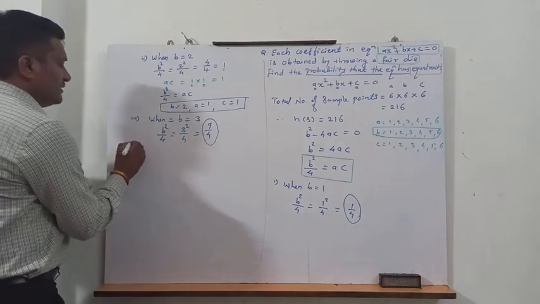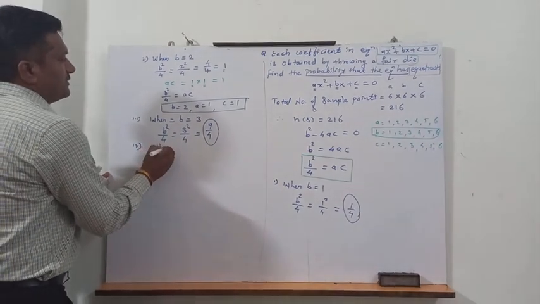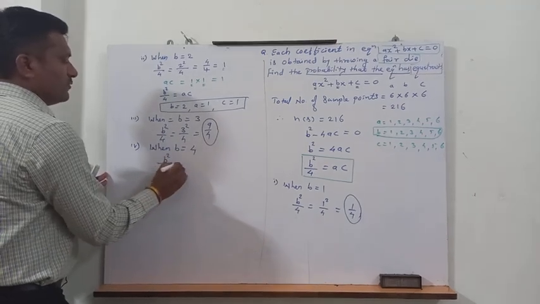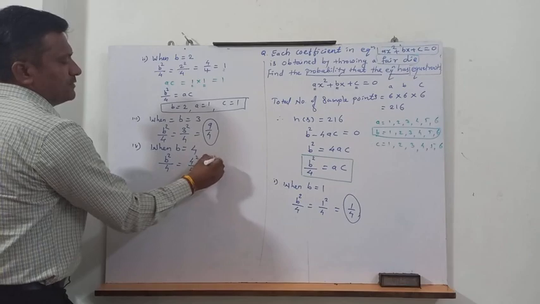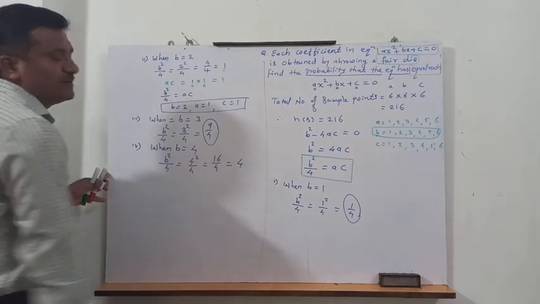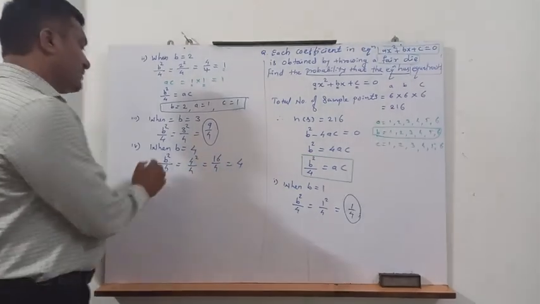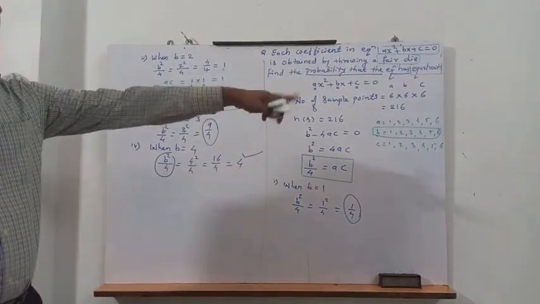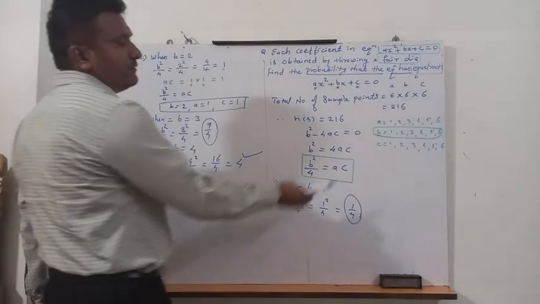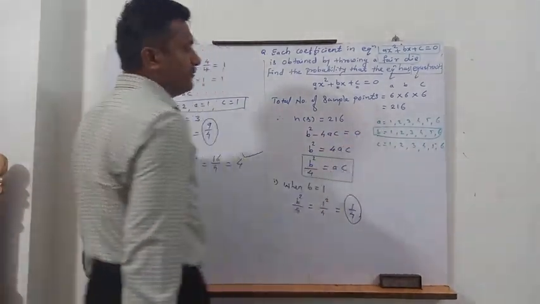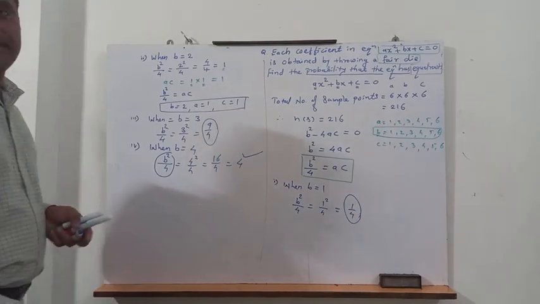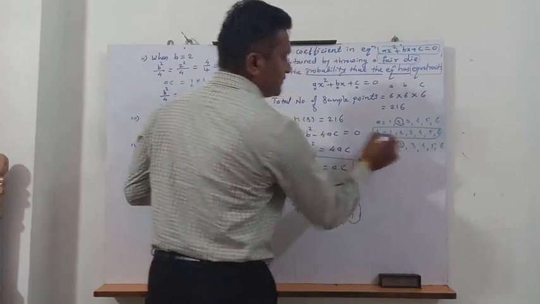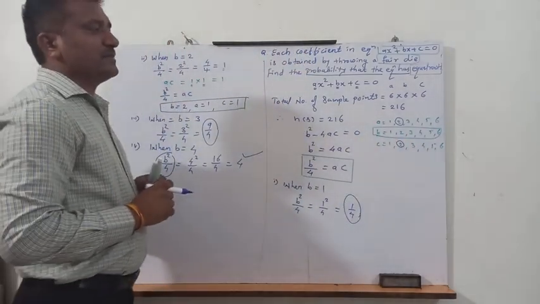Then we are moving to the fourth possibility, that when b equals 4, therefore b square by 4 equals 4 square by 4 equals 16 by 4 equals how much? 4. Now let us see. We got the value of b square by 4 is 4. Now we want to find out amongst that pair which values of A and C have product 4. Which are the possibilities there? Look at the first possibility, 2 into 2. Second possibility कौन सी आ सकती है वहां पर?